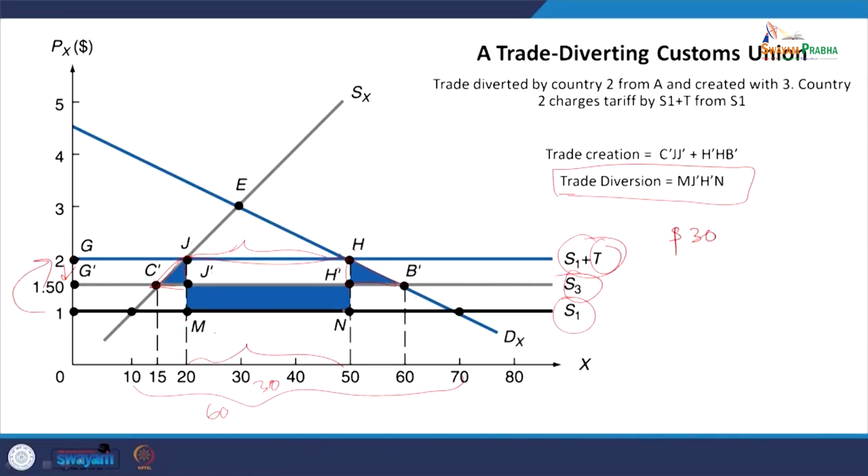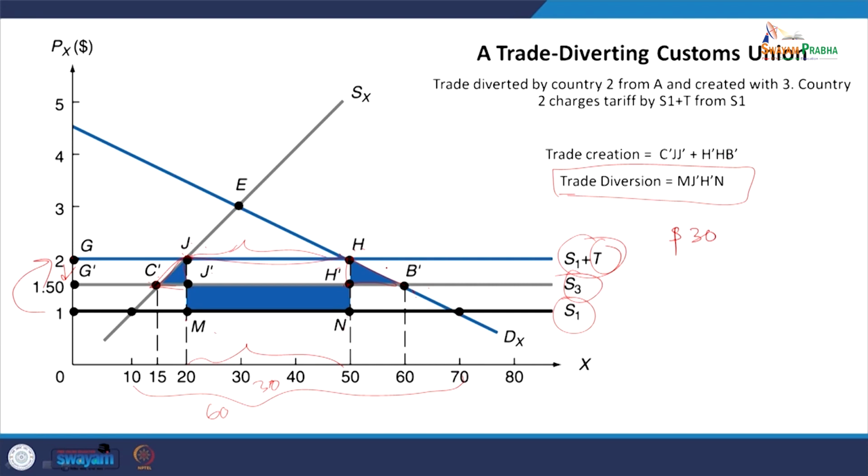Now we are saying out of the total gain, that is the trapezium area C prime J H B prime, J prime J, H and H prime, once again I am saying, or J prime H is the rectangular area where the country is not earning any tariff revenue. So the country is giving up this tariff revenue. This is diverting their trade, diverting their revenue, diverting their benefits,